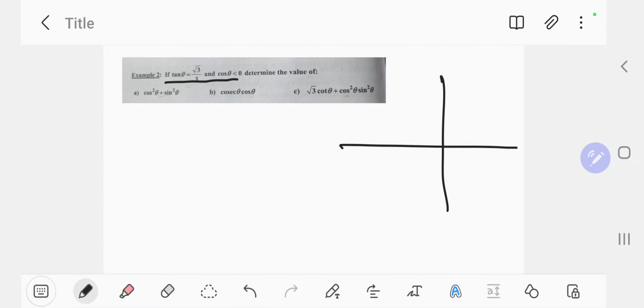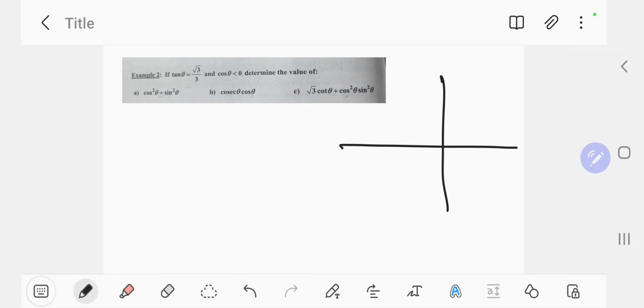So we're going to use that information in order to draw a Cartesian plane and also a diagram so that we can read all the trigonometric ratios, right? So guys, we've got tan theta. That means this is going to be the opposite side, and this side is going to be the adjacent side. So root 3 is going to be the opposite side. The positive 3 then is going to be